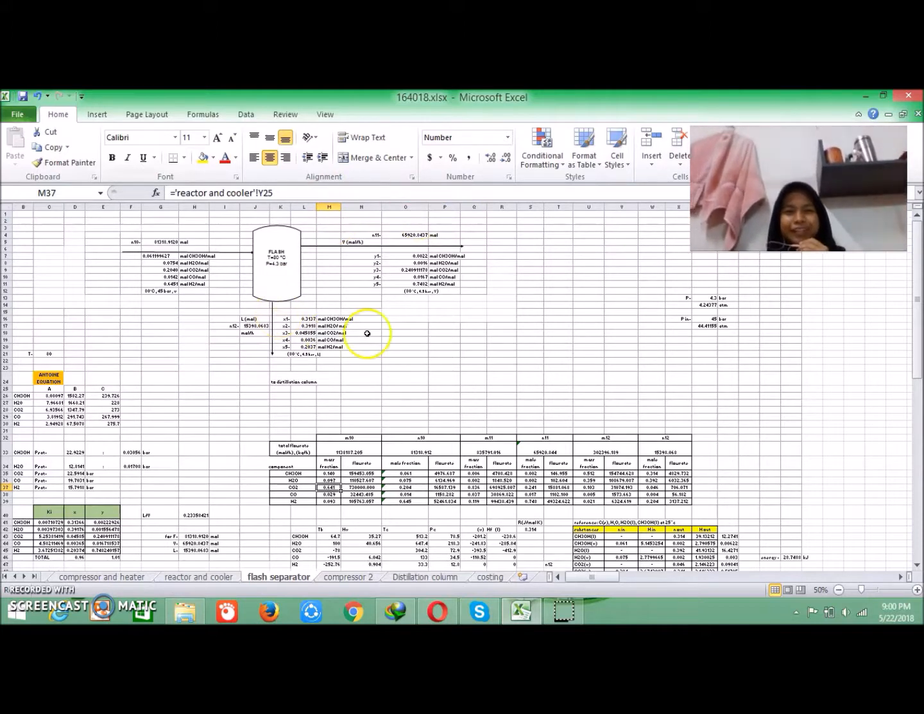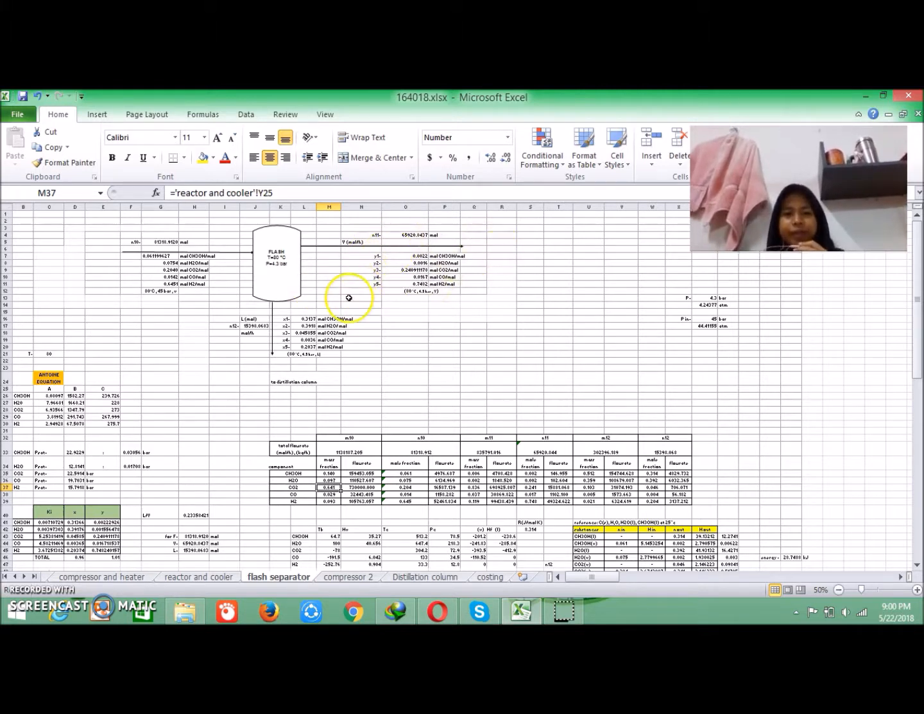Okay, hi everyone. My name is Farah, and today I'm going to explain more on the flash separator, which works as a separator that will separate liquid and vapor streams. For the liquid stream, it will first go to the compressor, and then it will go to the distillation column. And for the vapor stream, we will